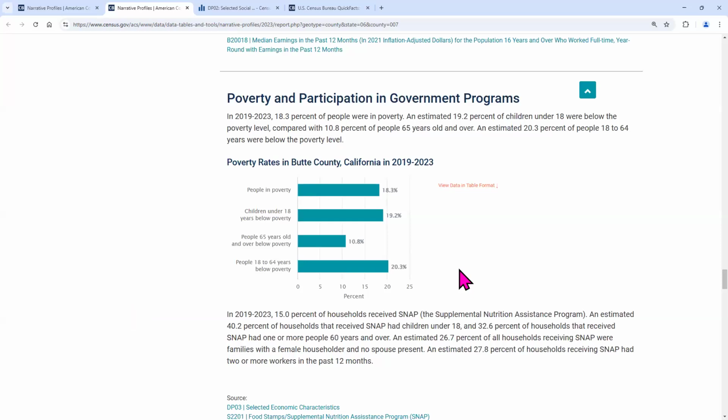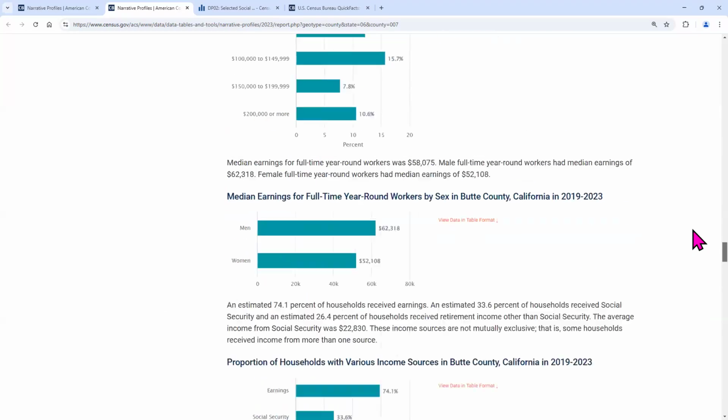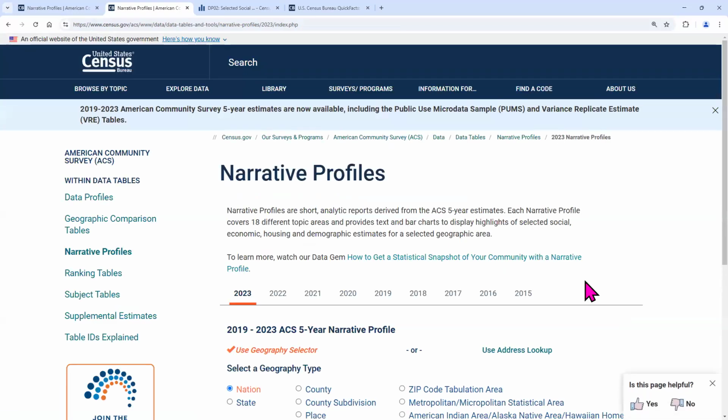Now, what is great about the narrative profiles is that sometimes I'm also being asked about a particular census tract, someone trying to look for census tract so and so, or saying my address is this, but I am not sure what my census tract number is. And in fact, narrative profiles allows you to do that. If we go back to the top very quickly, I'm sorry about that. You can click on change geography. And once you do that, it will bring you back to the narrative profile landing page.